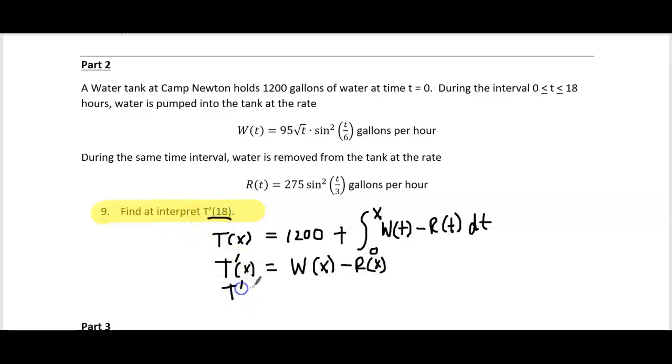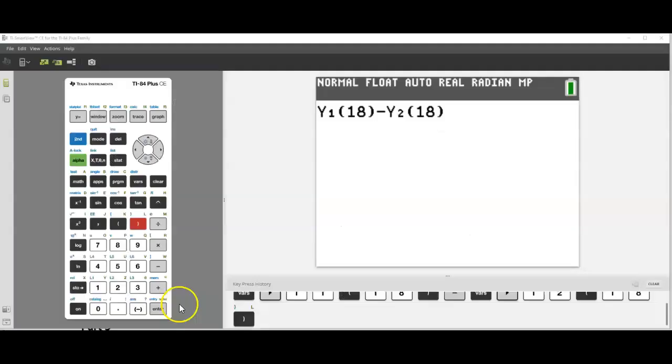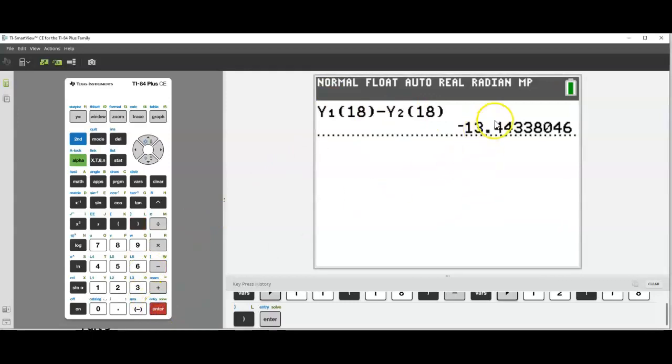So after you find your derivative, you're going to go ahead and plug 18 in. And after that, it's pretty much a calculator problem. On my calculator, I've stored w as y1, and I've stored r as y2. So I just need to type this into my calculator, and we will have our answer. So we have y1, which is w of 18, minus y2, which is r of 18. And we're going to push enter, and we get negative